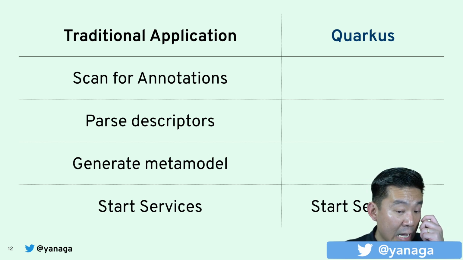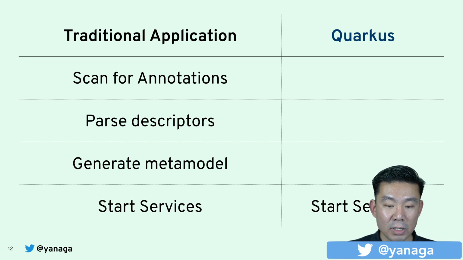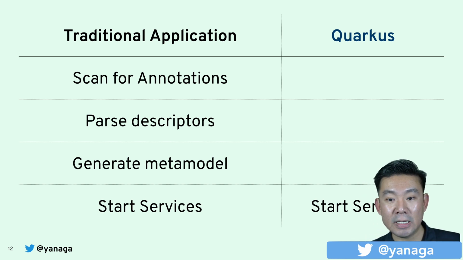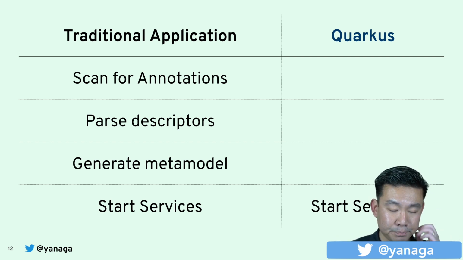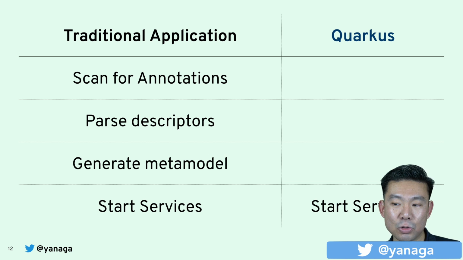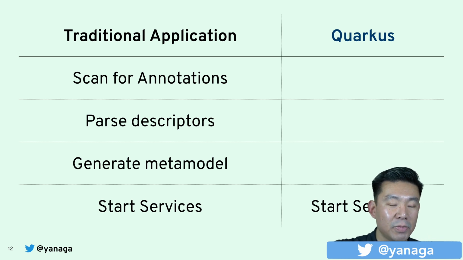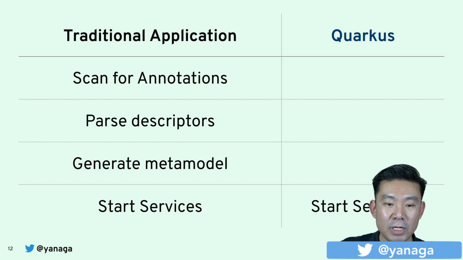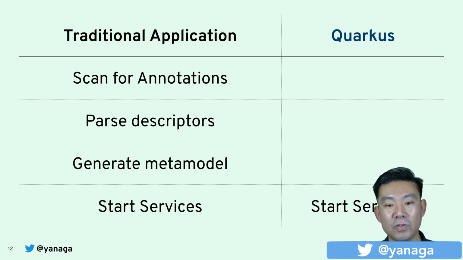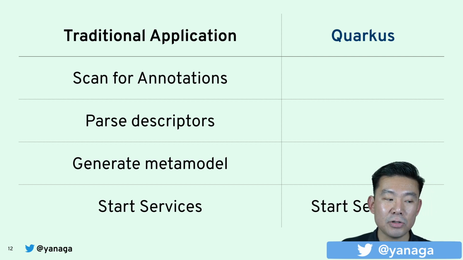After you collected all the metadata, you need to generate the meta model. What does it mean? Well, I need to create this bean, and I need to create another bean, but this other bean has a transactional proxy. So now I have to create a transactional proxy, and instead of injecting the bean directly, I inject the transactional proxy in this other bean, and so on. So you have to build the entire bean graph in memory. And after all of these beans are properly instantiated and initialized, then you decide to just start the services.